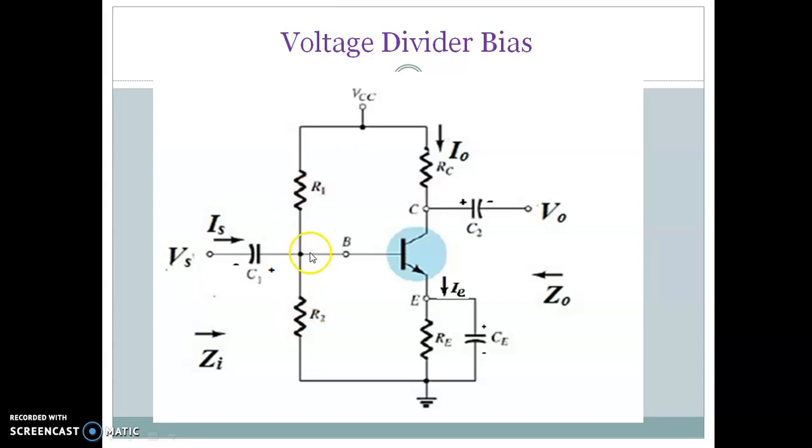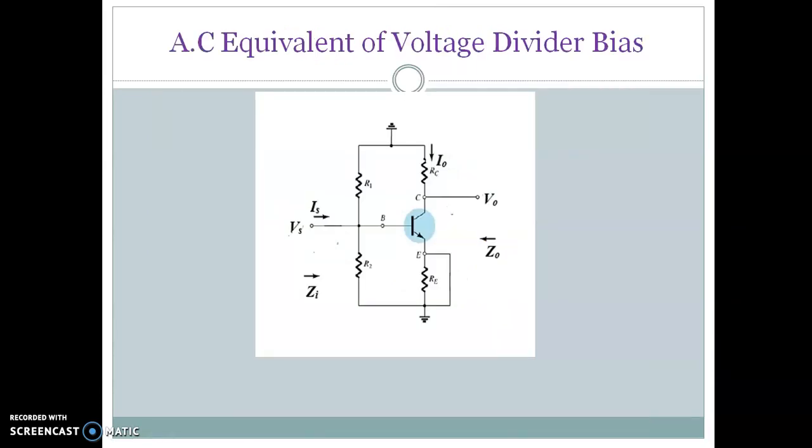If you neglect the current that goes through the base, which is going to be in the order of microamperes, you can see that this R1 and R2 are connected in series, so therefore they act like a voltage divider circuit. And therefore they establish the necessary voltage that is to be created at the base terminal. Similarly here also you can see the polarity of your coupling capacitors as well as your bypassing capacitors.